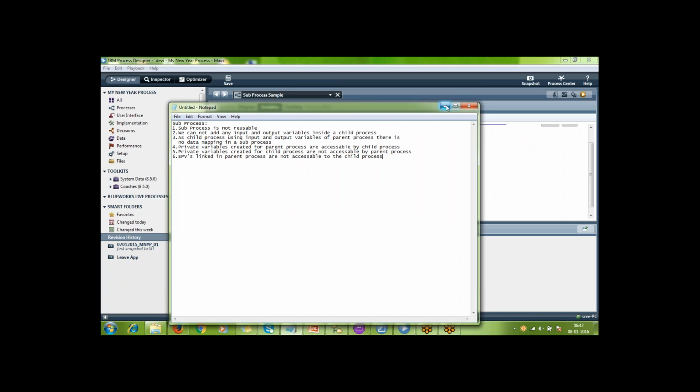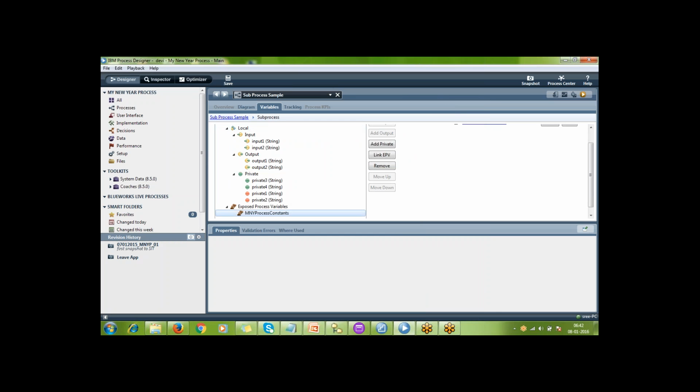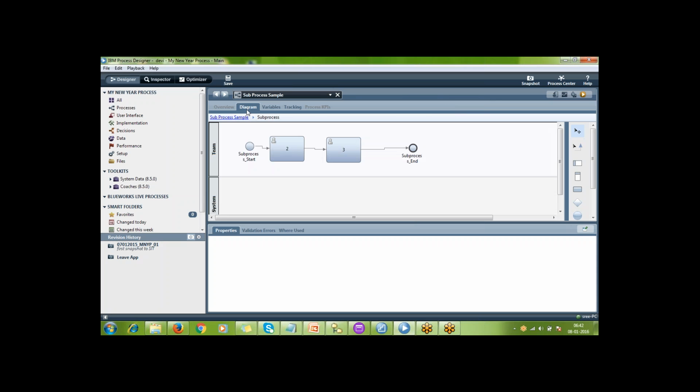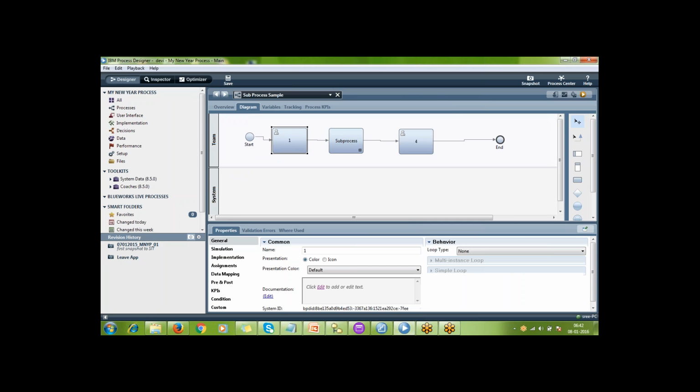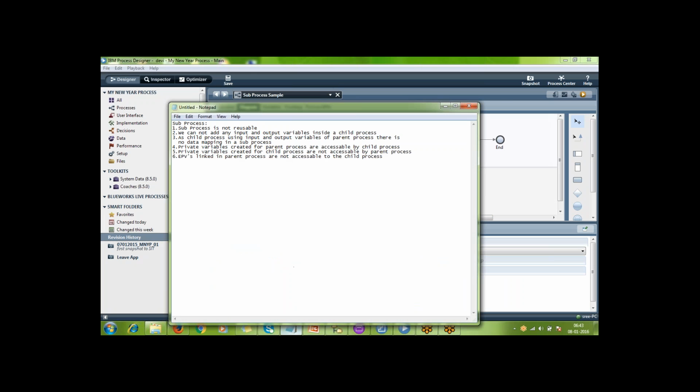These are the various observations. Generally in interviews people will ask what is the difference between a sub process and a linked process, and you should be able to tell. So what are the observations we have found in the sub process? These are the various options you can find in the sub process. Is it clear, Vivek or Vamsi?